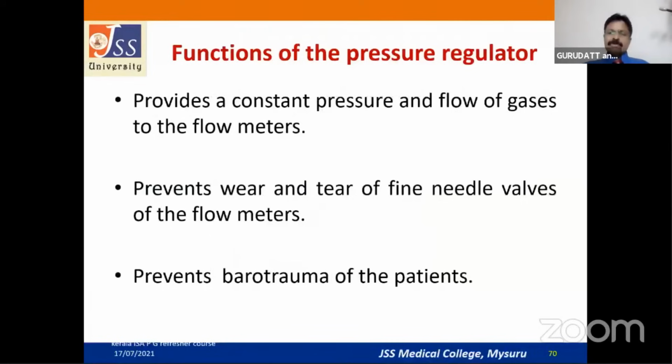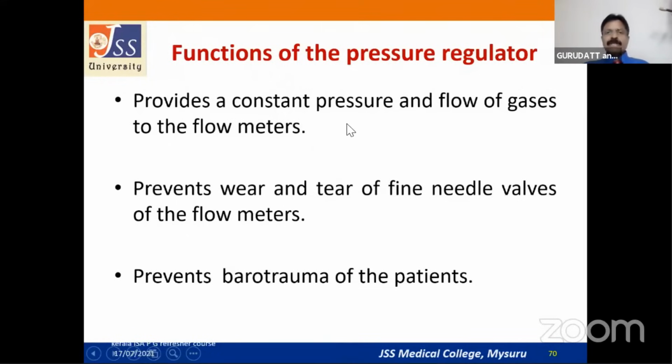So you'll be asked about functions of the pressure regulator, why the pressure from the cylinder has to be reduced before it is administered into the machine. Many of you will be talking about prevention of barotrauma. That is the last function of the pressure regulator. The main function of the pressure regulator